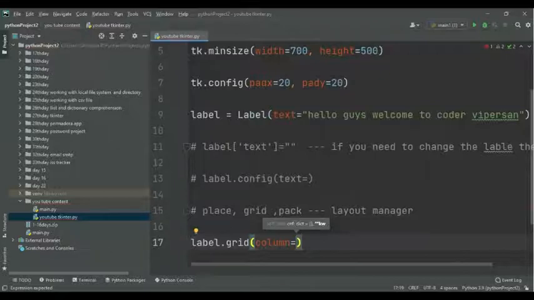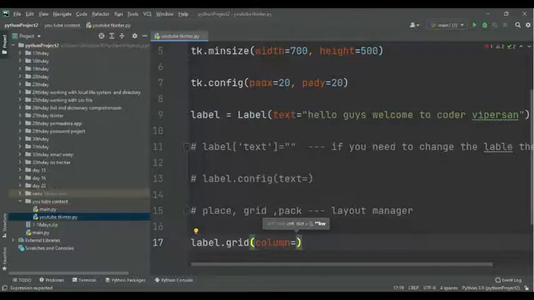You split the screen into, say, a 2 by 3 matrix or a 1 by 1 matrix, and you give the grid view how the program should look. That is very easy in the case of grid, not as easy in pack or place.